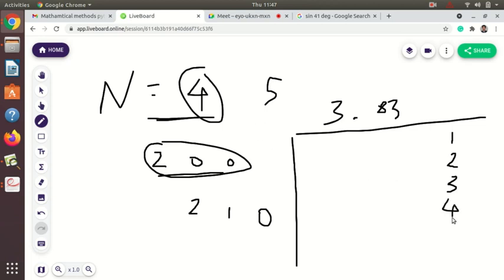For 4 I have written, for 5 I have written here 2 0 0, 2 0 1. Then for 6 we can write 2 1 1. Okay, so 4 plus 1 plus 1, that is 6. But for 7 you will not get any plane, so there is no group of 3 numbers which can give you the value 7 if we add their squares. This will repeat for 15 also, you will not get such an HKL plane.